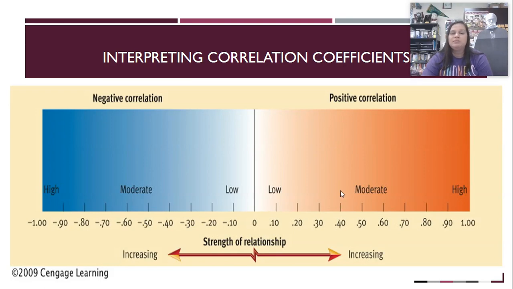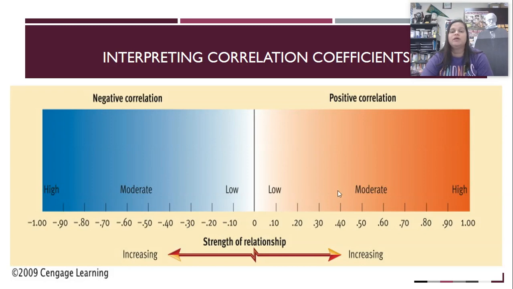So that would be between a low and a moderate correlation. We see that the higher the number, the correlation coefficient, the stronger the relationship. But it could also be a strong relationship even if it's negative. So for example, a negative 0.97 is a stronger relationship than, say, a positive 0.2, because 0.2 is closer to 0. When the coefficient is closer to 0, there's very little relationship between the variables and it's hard to predict